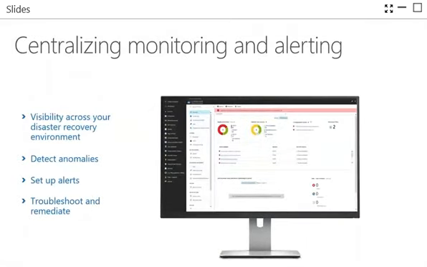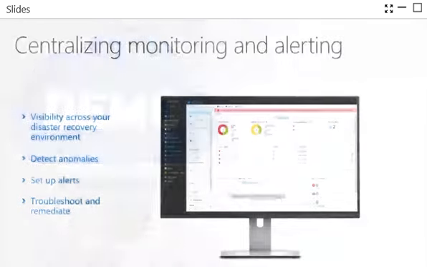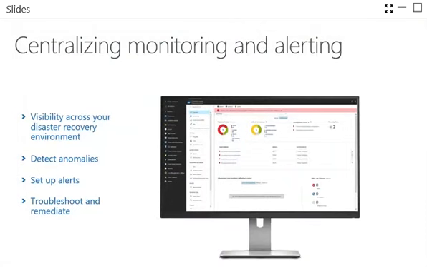Of course, what we want to do as well is centralized monitoring and alerting, verifying that the machines are still replicating to Azure, verifying that there is no problem for your disaster recovery environment. That's very fundamental. And as well, a very important aspect, as we mentioned, you pay for the disaster recovery solution monthly, just the replication fee plus the